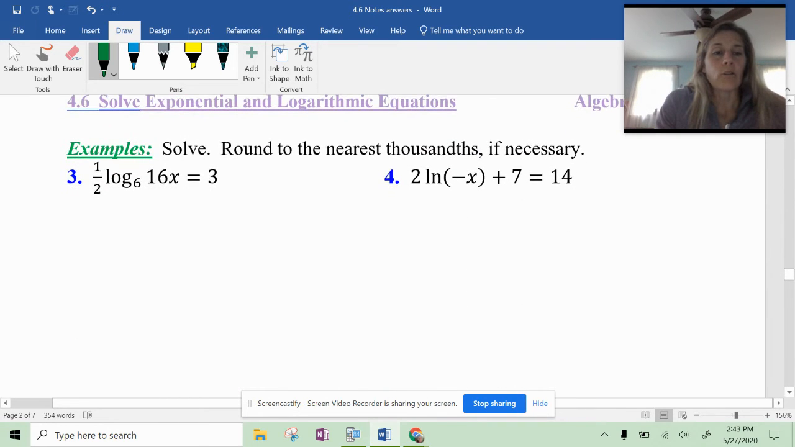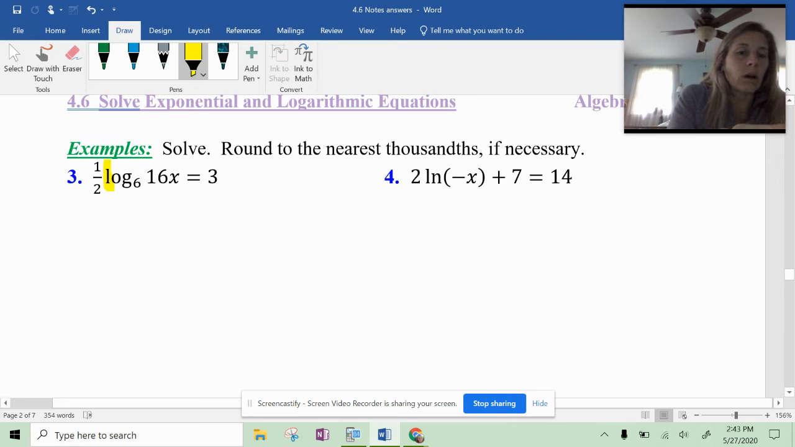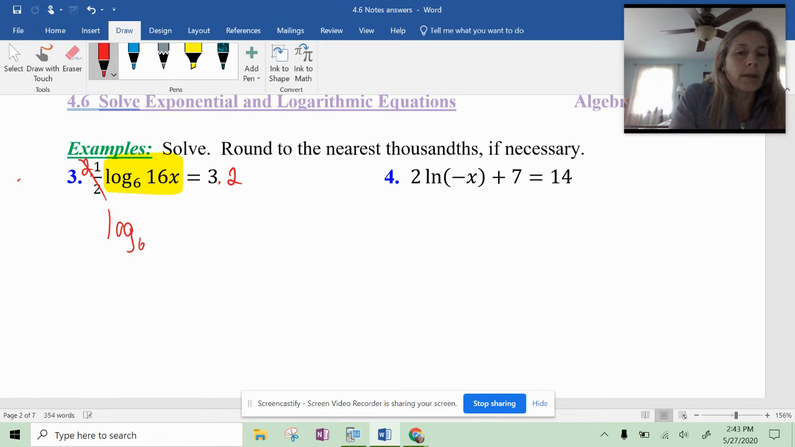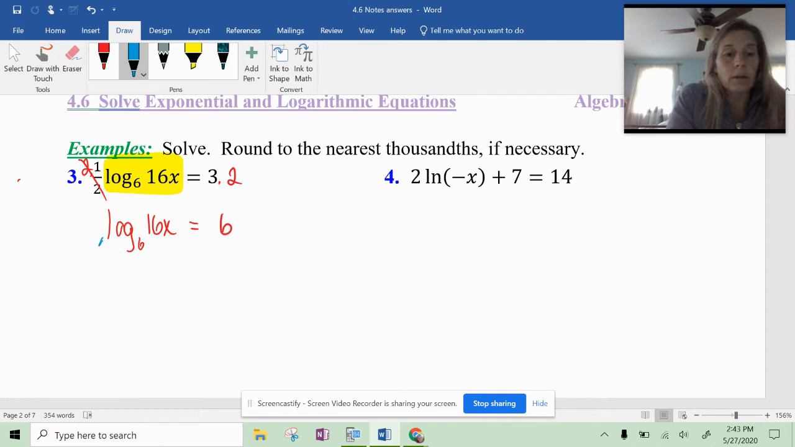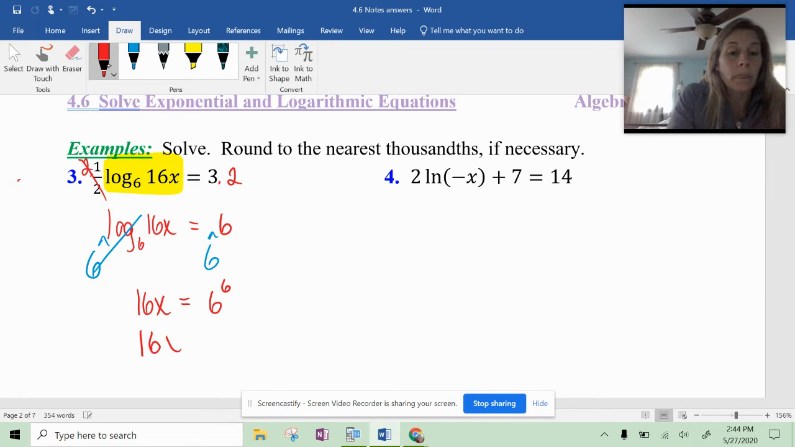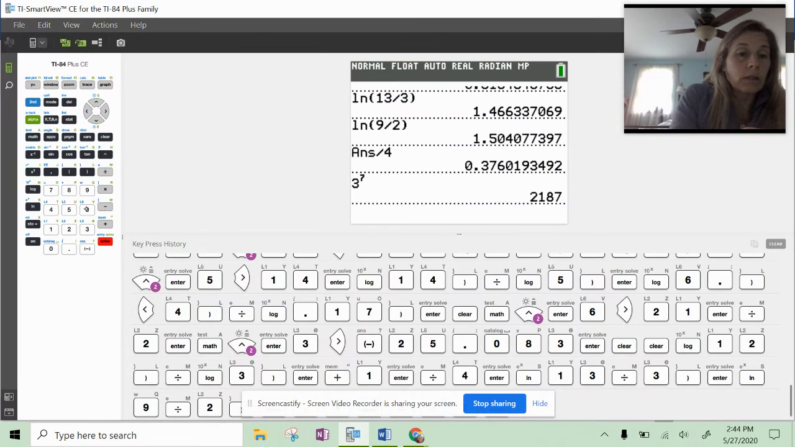Okay, so let's take a look at number 3. Again, this is our log term here that we want to isolate. So the first thing that we're going to do is get rid of this 1/2 by multiplying both sides by 2. So now I have log base 6 of 16x equals 6. Now in this case, I can't get to the x till I remove this log. So I'm going to make the entire thing an exponent by giving it a base of 6. That can cancel. And whatever you do on one side, you have to do on the other. So that now cancels. So I now have 16x equals 6 to the 6th power, which you can do on your calculator,